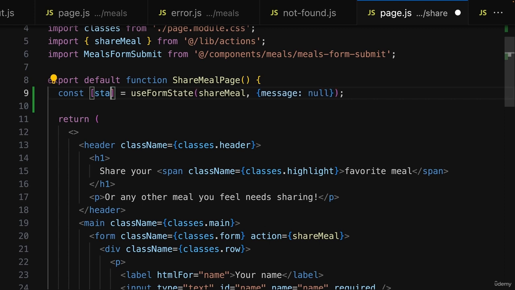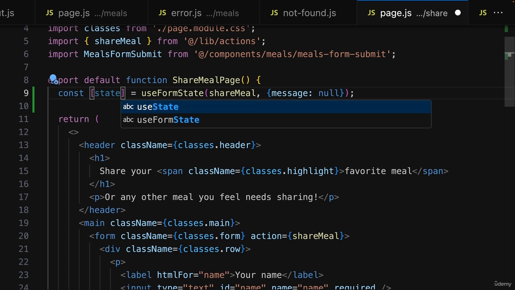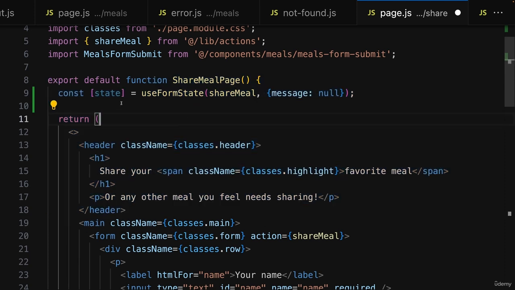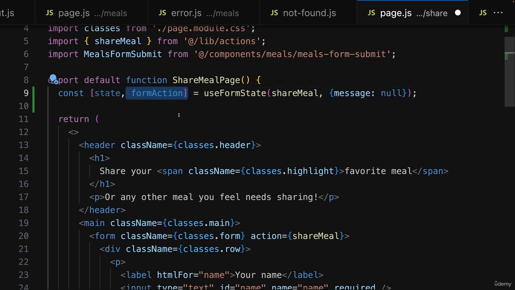Because we get the current state, the current response, you could say, of this component here. So the latest response returned by this server action in the end, or this initial state if no response has been received yet. And we get another form action here, which we should actually set as a value for